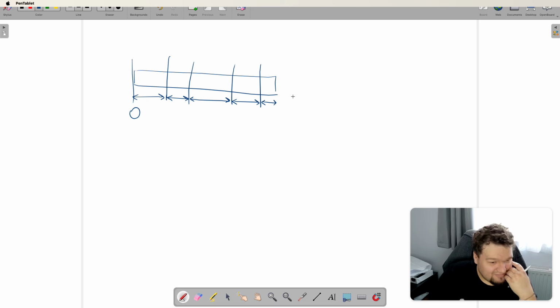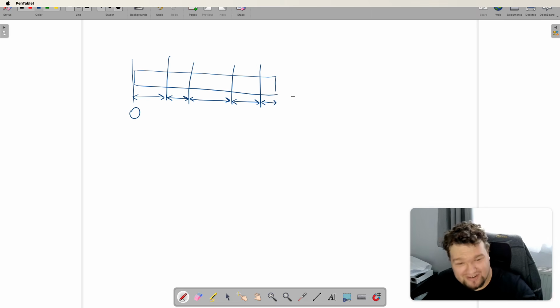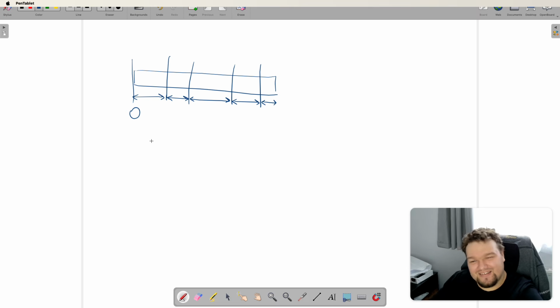Well, with some data structures I don't want to write, I can solve it. So we could do